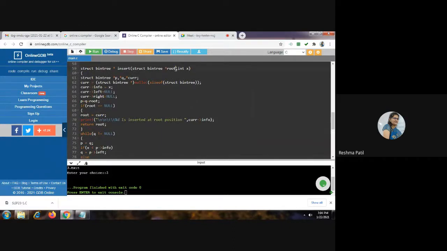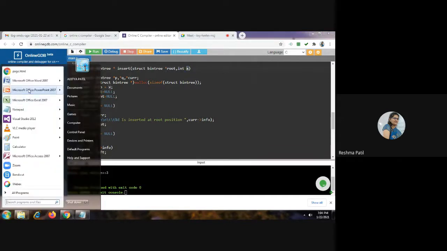Here the root value will be passed, that is null. Initially it is null. And suppose we have entered the value 10. I will take one word file so we can manage that data.